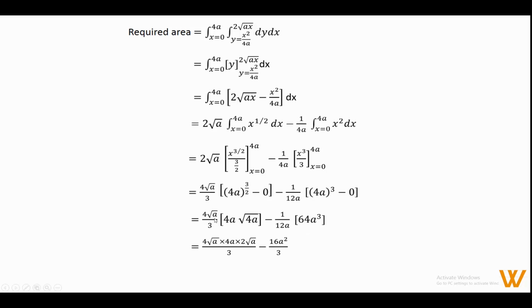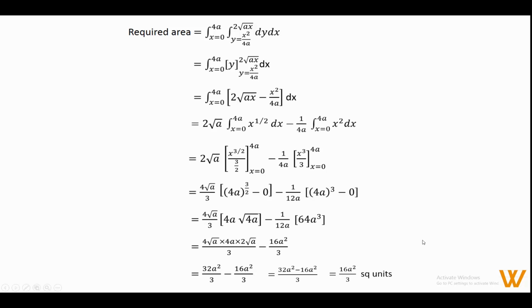is equal to, we get 4 root a into 4a into root 4 is 2 root a upon 3 minus of 64a cube divided by 12a is 16a square by 3. Now simplify this term. 4 into 4, 16 into 2 is 32a square upon 3 minus 16a square by 3. LCM is 3. So 32a square minus 16a square by 3 is equal to 16a square by 3 square unit